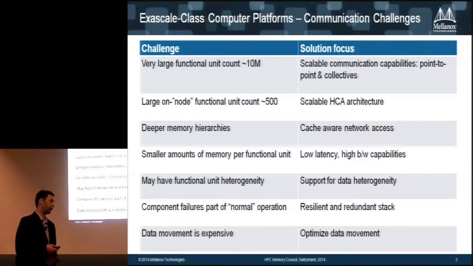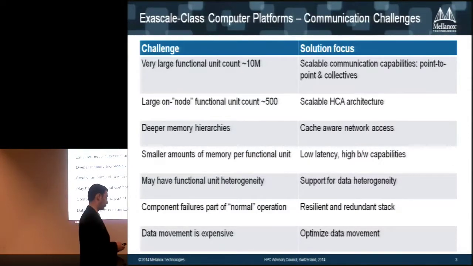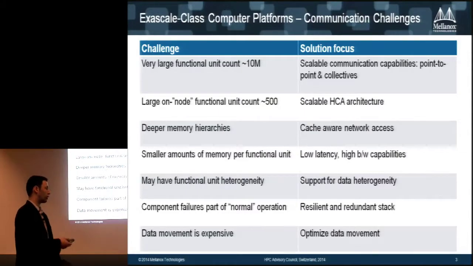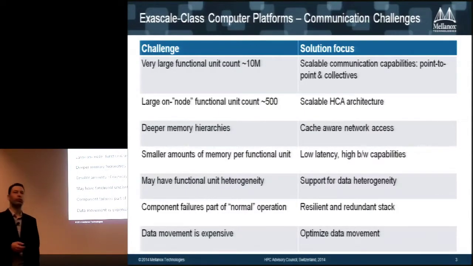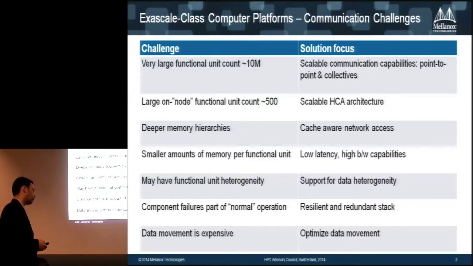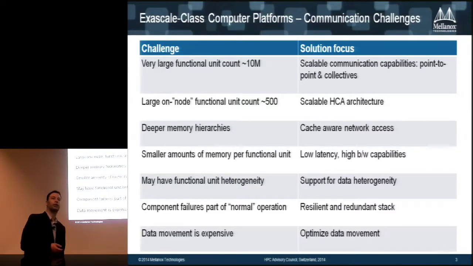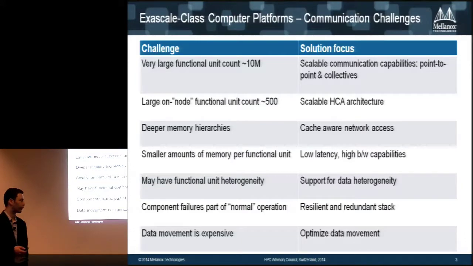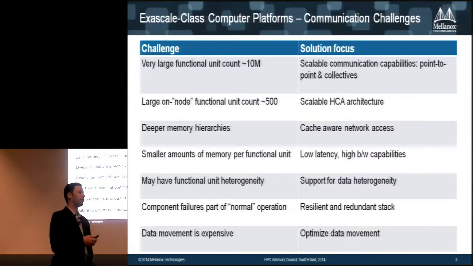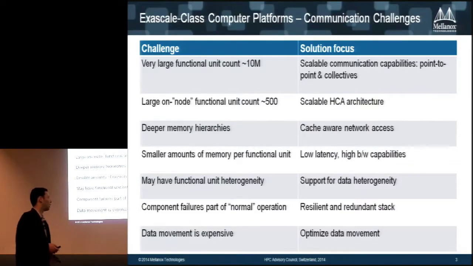The last thing is that data movement is becoming very expensive, and this has to be optimized. We talked about how painful it is to move data, so we need to make sure we optimize data movement. If we need to convert data types and things like that, those could also be offloaded in order to avoid data copies and data translations within the CPU.